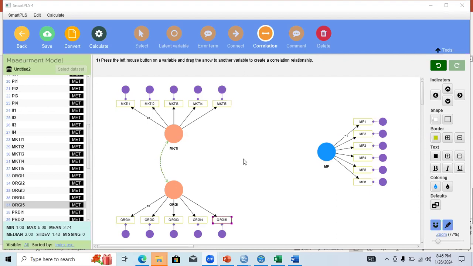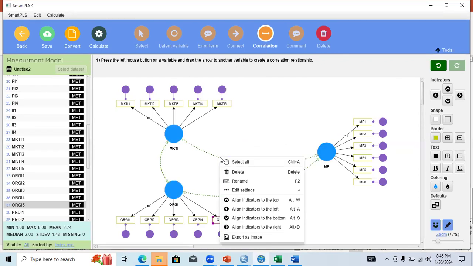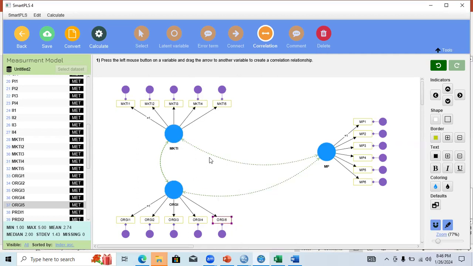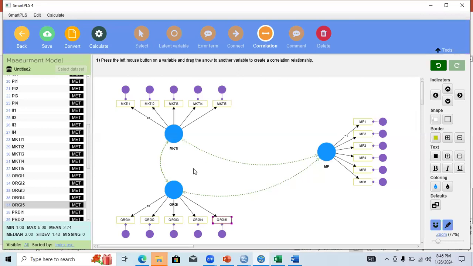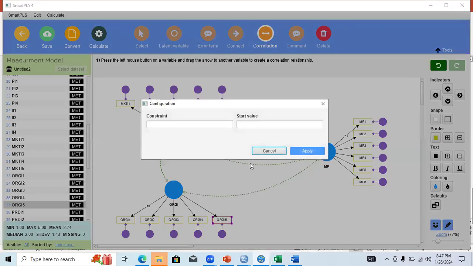All variables need to be correlated with each other. So you need to correlate this with this. You need to correlate all your variables just like this. You can also change the direction of these correlated variables, and then the correlation sign. Just a minute.